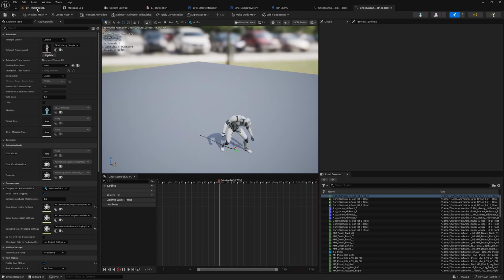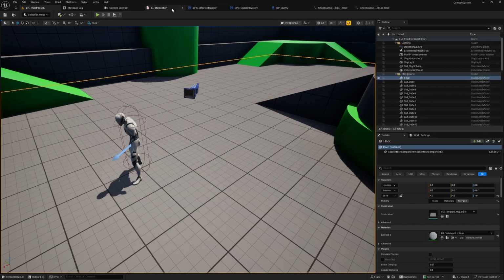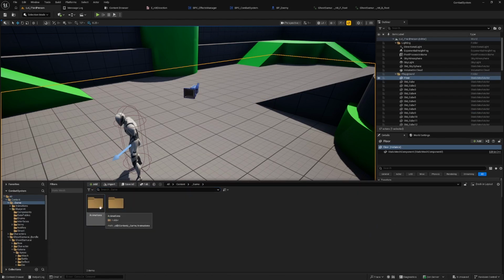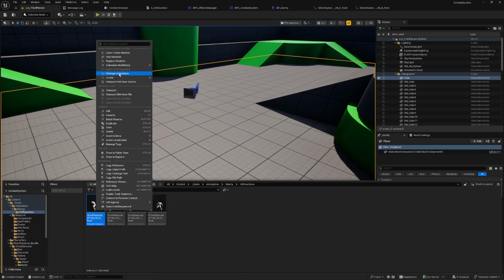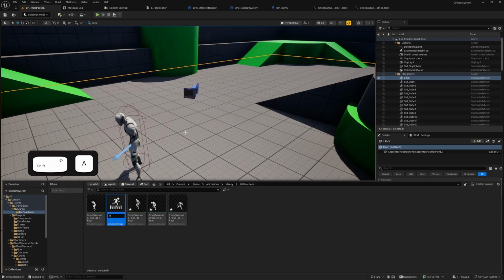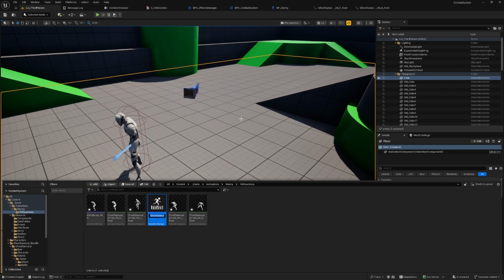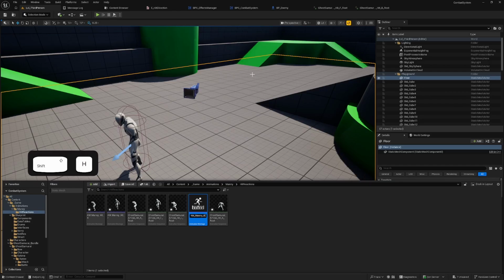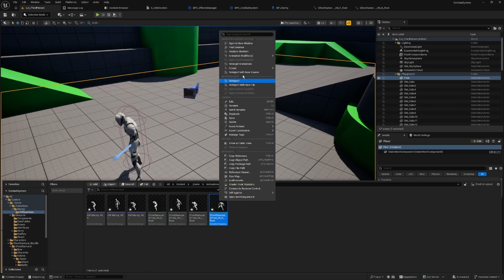So now what we can do is we just need to create a montage for all of those. If I head over to the folder that they're in, I'm just going to right click on all of them and create add in montage. I'm going to put hit, I'm going to put Mani hit B. Do the same for all of them. Mani hit F. Mani hit L. And